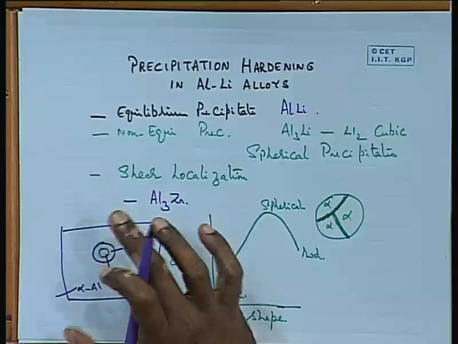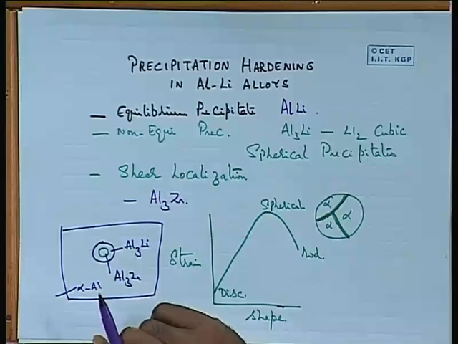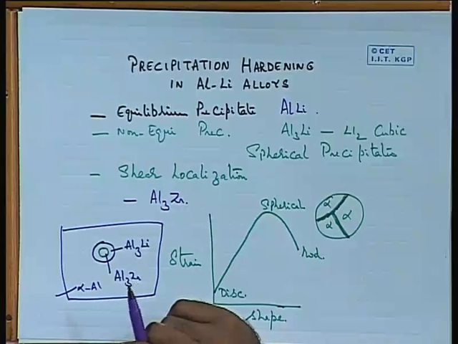Whenever a dislocation has to shear a particular particle, you need to break the bonds of the two elements in that particle, and if the bond strength is much higher, then breakage of the bonds is much more difficult. As a result, the particles cannot be sheared. So, that is one of the advantages of Al3Zr. With that, people could solve this to some extent, but there are additional problems with lithium,